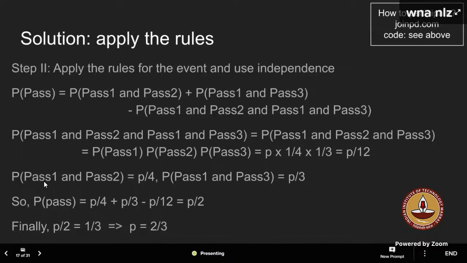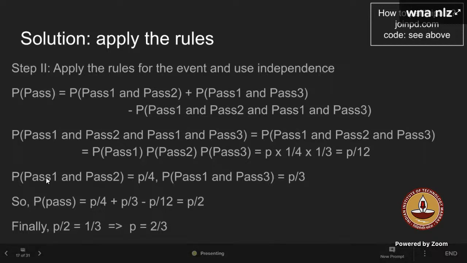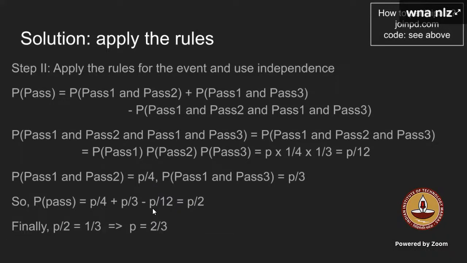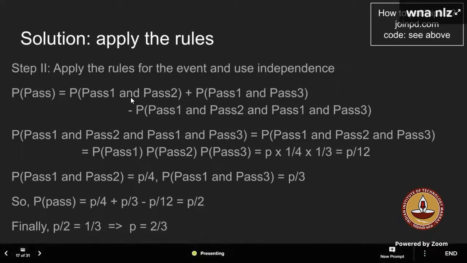It's not that whatever is inside the event E, that is two events, right? Yes, sir. You're A intersection B, so they are also independent. That's why you could find out P by 4, right? Yes, sir. Yeah, I got that, sir. But sir, E and F are not independent. E and F are dependent on each other, right? There is no dependency, right? Either this event will happen or that event will happen. It is not a condition. Achha. Either this event can happen, that is pass 1 and pass 2, or pass 1 and pass 3 will happen, right?